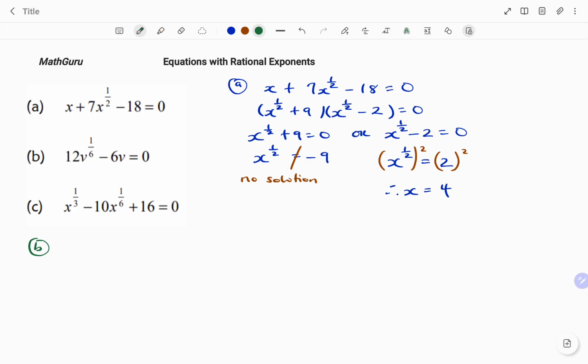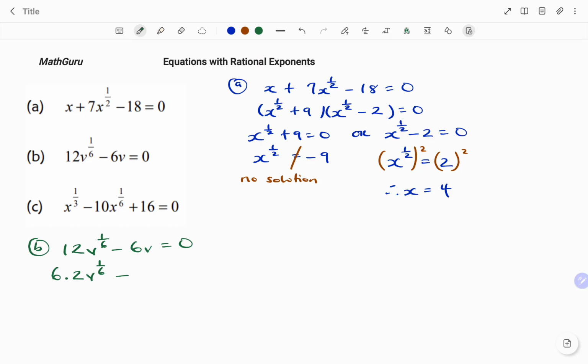In the second example, I have 12 times v to the power of 1 over 6 minus 6v equals 0. Because I have two terms on my left-hand side, what I'm going to do to factorize is to look for my highest common factor. So highest common factor, I can start by splitting this up. This 12 is 6 times 2, so I have 6 times 2 v to the power of 1 over 6, I'm going to correct that,